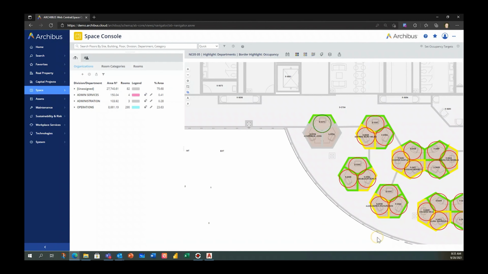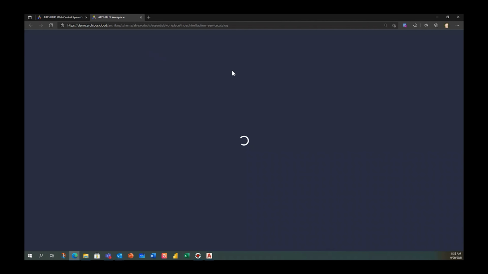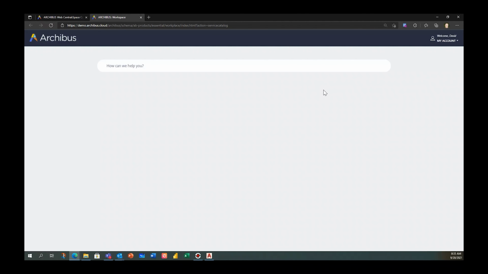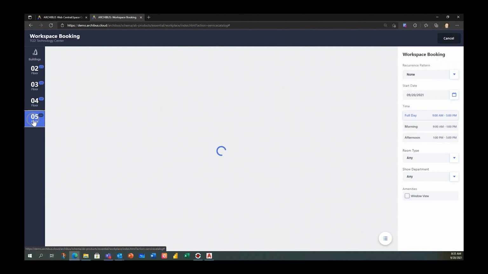So when I flag these as not being able to be hoteled, let's go ahead and drop back down on the floor plan here. It means that when a user is looking to book a hotelable desk, those desks that we make a reservation for a particular day part, when we are one of those hybrid employees and we pull up into the parking spot and we check in and things along those lines, those won't be available for us to book. And that is really great because it's enforcing the safe distancing guideline that you have in place for that particular space, and you're making it easy to adhere to on the part of the end user.